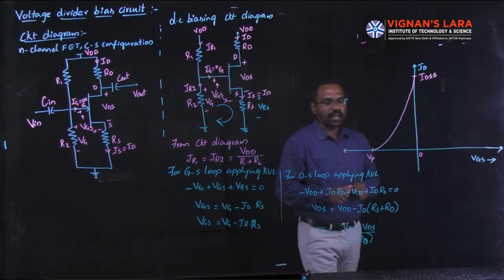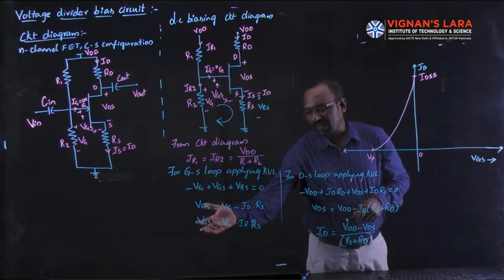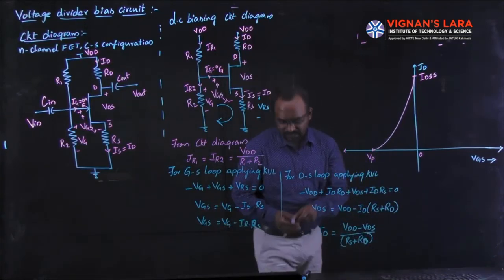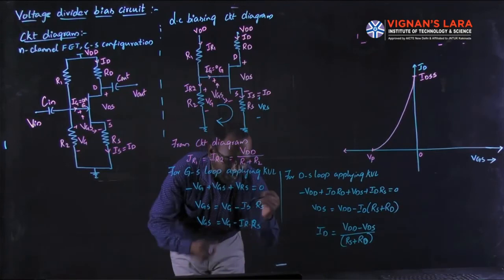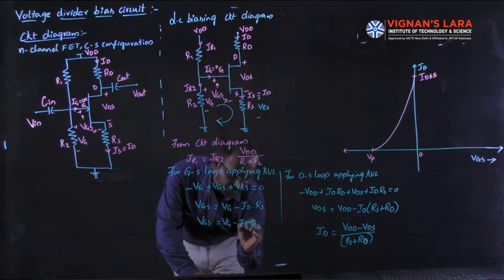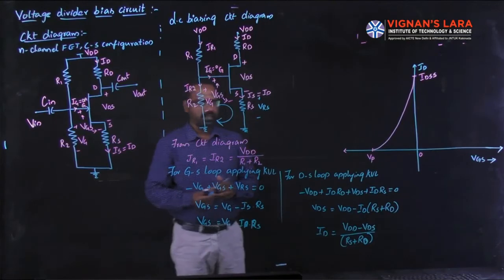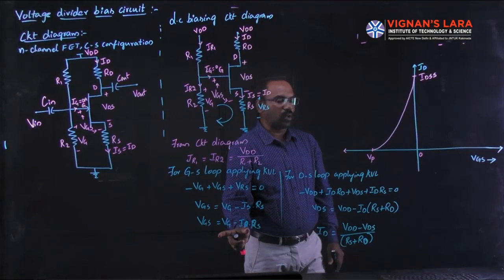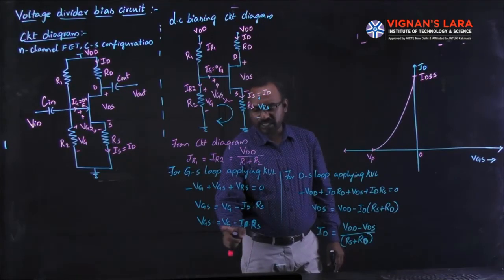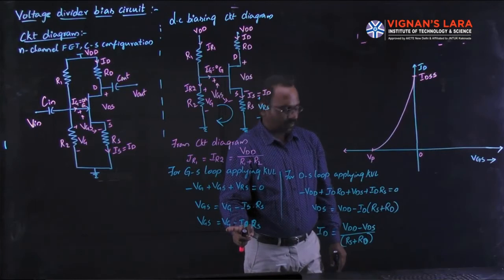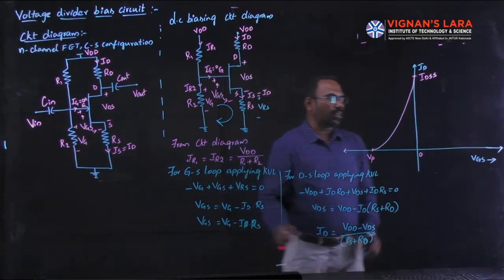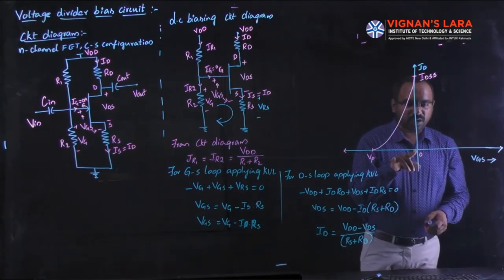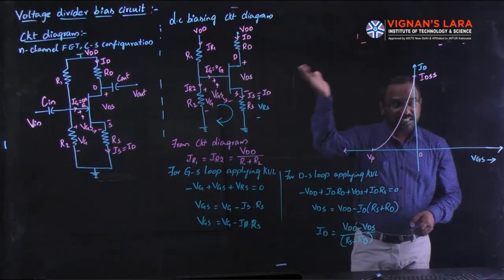So first we will identify what is VGS. So this equation, how it is looking like, actually this is ID, not IR. Make that correction, ID. Why? Because IS is equal to ID. So in this equation, if you put ID is equal to 0, then VGS will be equal to VG. So ID is equal to 0 means this is the point.